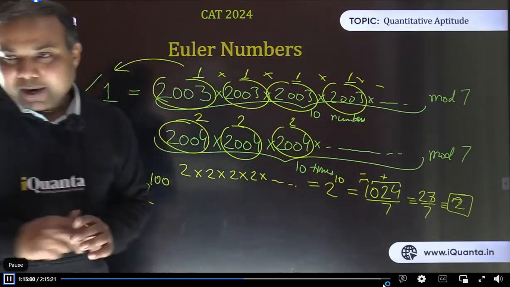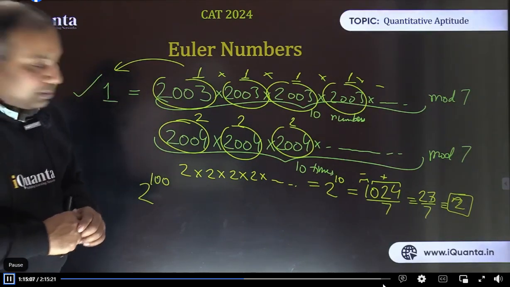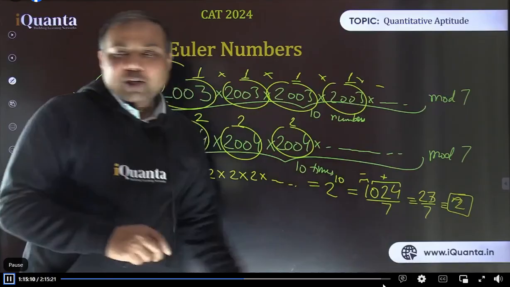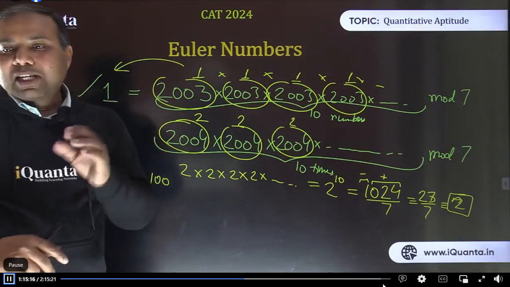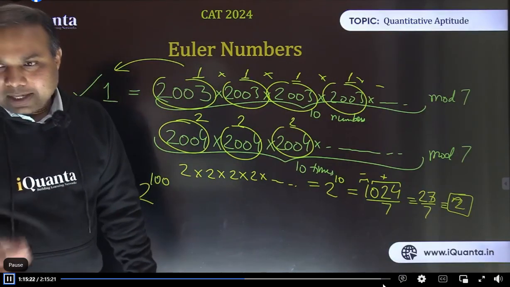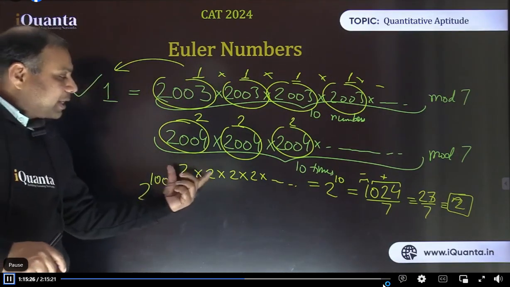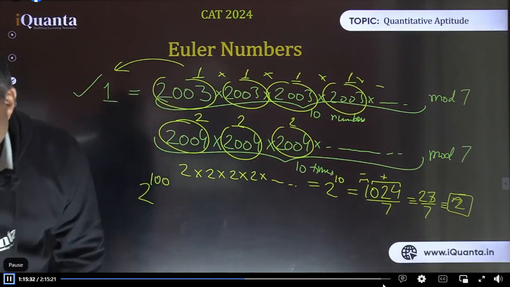So now comes the important point. That it is not necessary to find its value. Actually, we should try to group these powers, these numbers in such a way which gives us remainder 1. I repeat, that's where this Euler comes into the picture. Listen again. We need to break these powers of 2 together. We need to group them together in such a way that we get remainder 1. Yes, some of you have written. It's 1. Yes, perfectly fine.